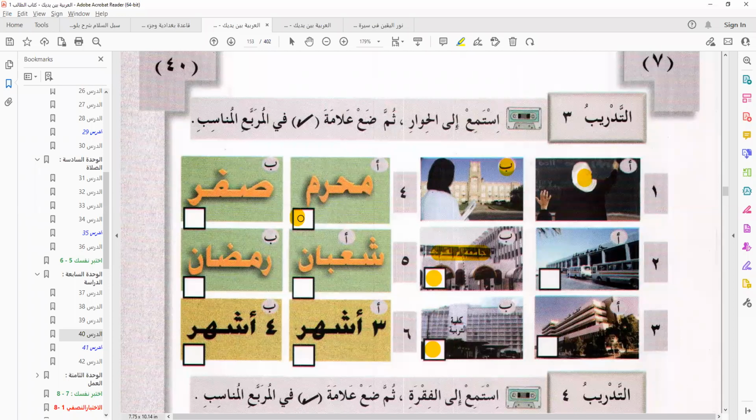That's number 5. Okay, 5 Ba. ومتى ينتهي means what?